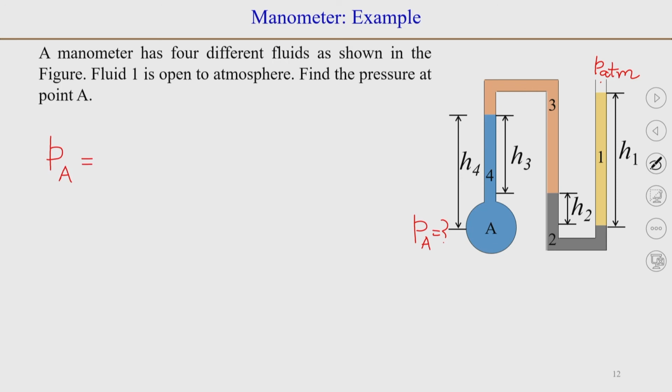We will name all the points: point B, point C, then point D, E, and we already have A. So, we can write P C minus P B, where P B is P atmosphere,